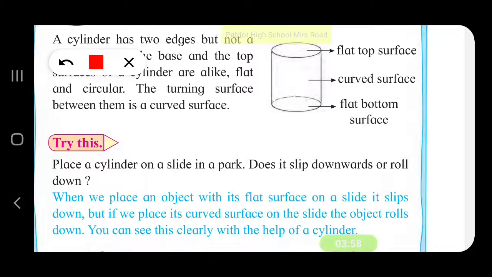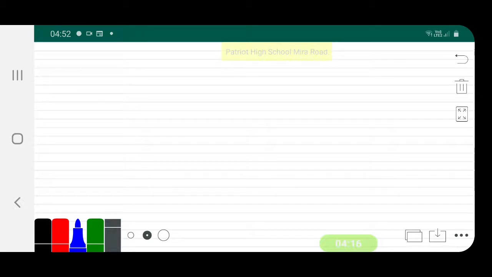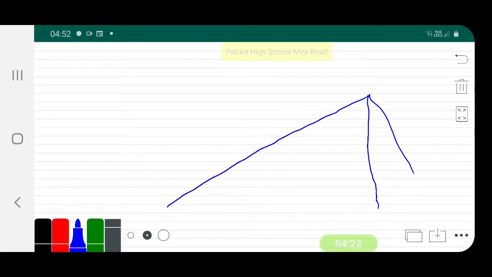Try this experiment. Place a cylinder on a slide in a park. Does it slip downwards or roll down? So let us find out. This is the slide.